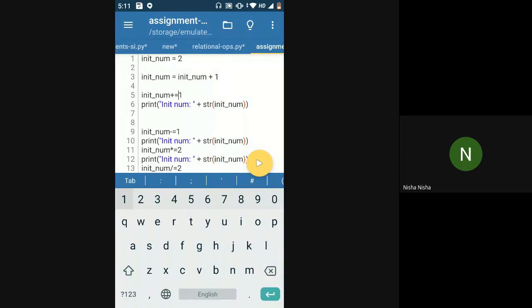Is this clear to you all? Why is this? So you had an init num as a variable. Can you explain again this init num? Yeah, ma'am. I'm explaining. So you had init num as a variable in which you put 2 as a value. Why did you take I and IT?